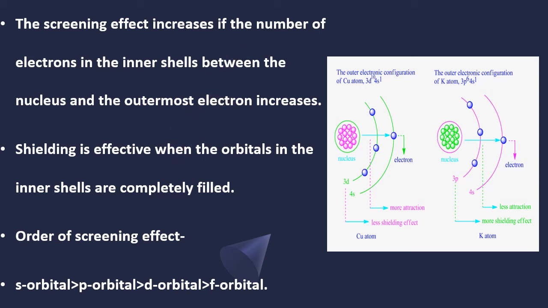Now we'll go to one more small topic, electron gain enthalpy. It is the energy involved in gaining an electron, in adding an electron to the atom, and that is known as electron gain enthalpy. It is the opposite of ionization enthalpy. Ionization enthalpy is to remove the electron from the atom. Electron gain enthalpy is to gain, to get the electron from someone to the atom.